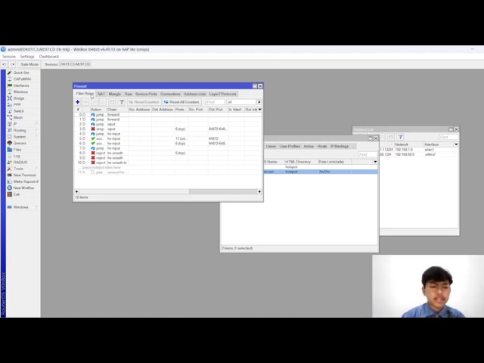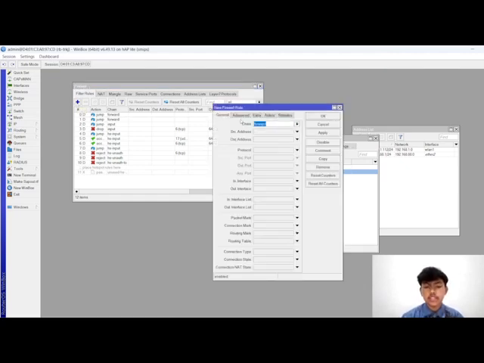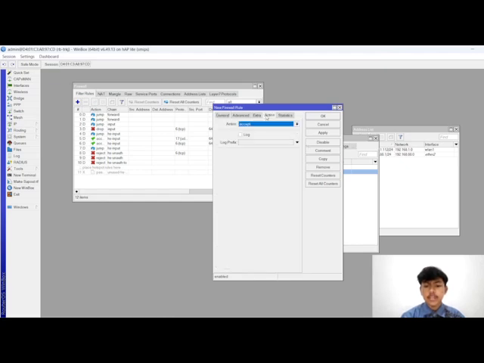Next step, you can click filter rules and add. Click general, chain is forward, protocol is TCP, and the destination port is 80 and 443, in interface wireless LAN, and the action is drop, apply and okay.